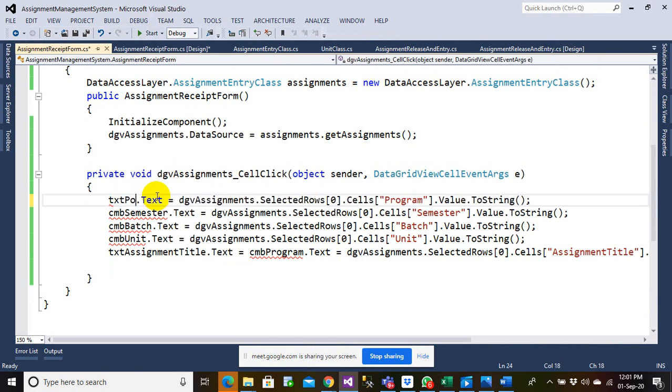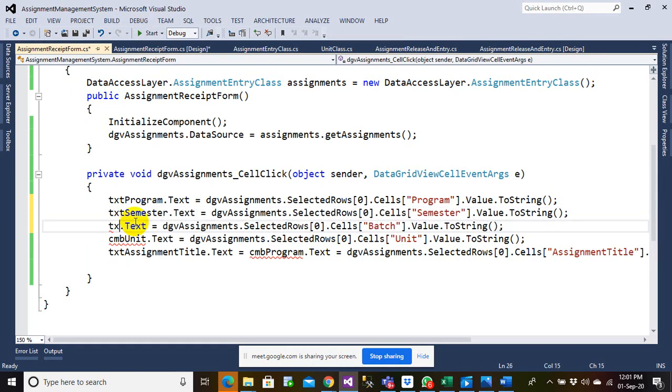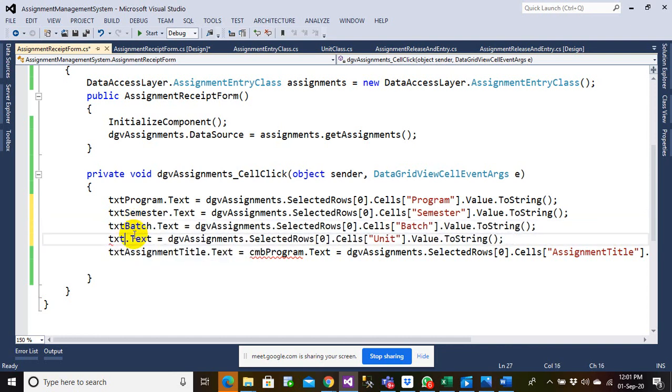Txt program, txt semester, txt batch, txt unit. Okay, I was having one issue here as well.